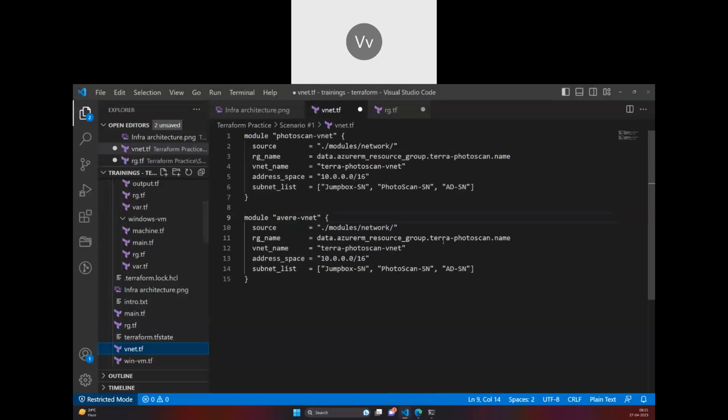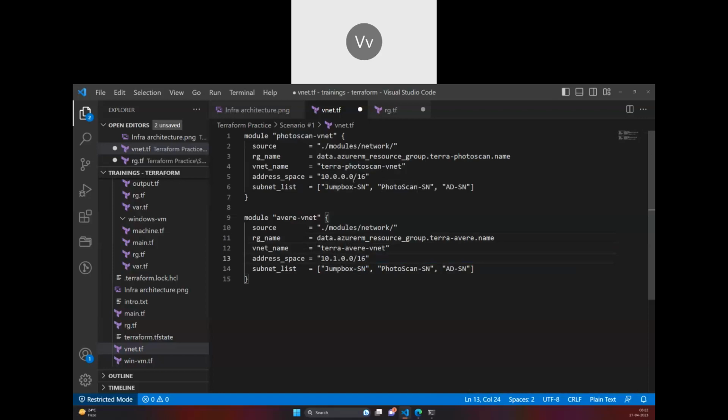So I go into this VNet and I'll say not photoscan but here. Okay, so that name will be coming here, and the VNet name is here, and the address space will become address space